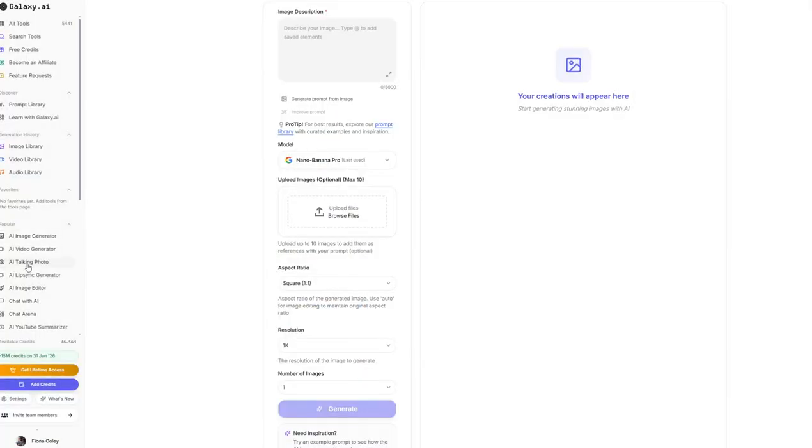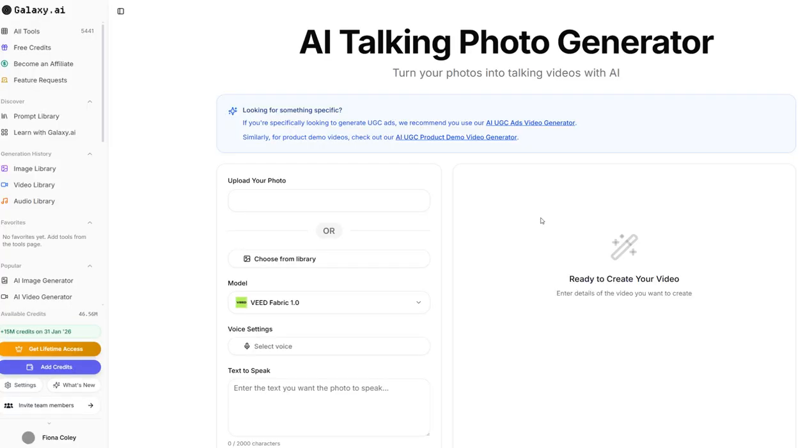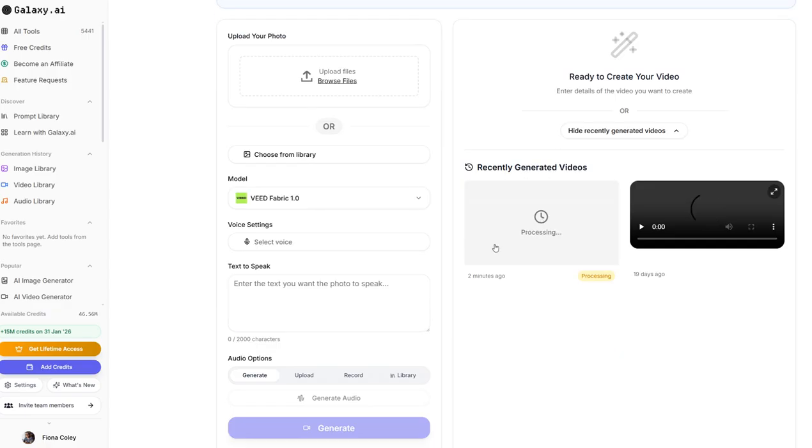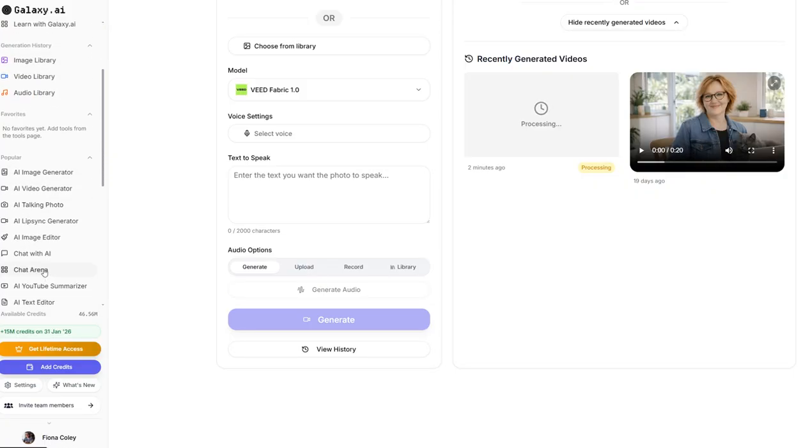Let me go back to my talking photo. I hope it didn't stop it by changing the screen there. Yeah, it's still processing, 2 minutes ago. Let's have a look. Yep, still processing. So we have image generator, video generator, talking photo, lip sync, image editor, and then your